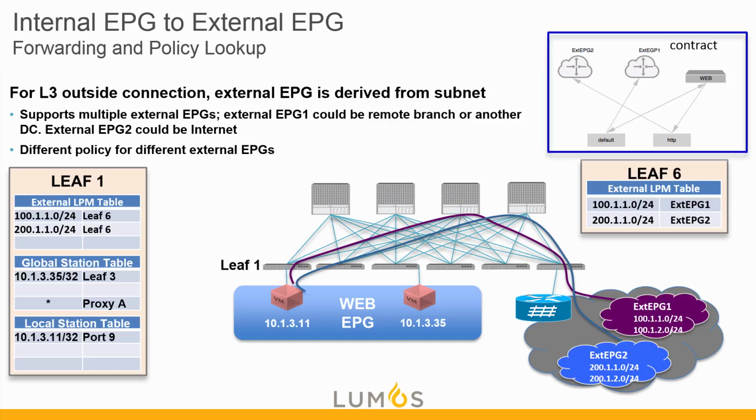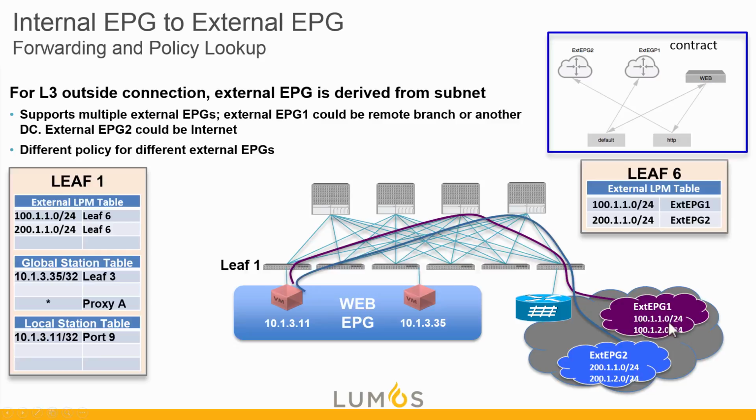So taking a look at packet forwarding and fabric forwarding, we've already taken a look at the local station and global station tables. Now we're going to introduce a new station table on a leaf switch, which is the LPM, or longest prefix match table. So when we're doing an L3 outside connection, the external EPG is going to be derived based on the subnet. And of course, we have support for multiple subnets, and we might want different policies for different subnets or different external EPGs. So we have the ability to define, let's say, for instance,